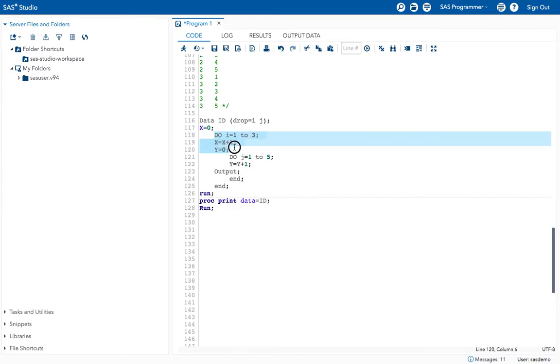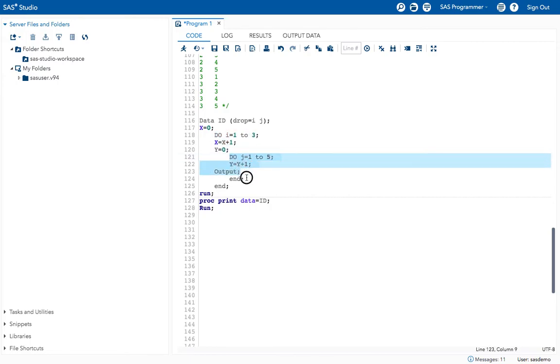The first index variable that I have taken is I, and I have mentioned x equal to x plus 1. In this do loop I have given another do loop, do j equal to 1 to 5. Here in the first main do loop I have taken another do loop. It runs the program until here and then it comes here and finishes all this do loop. Basically it runs from 1 to 3 iterations, right? If we give here I equal to 1 to 3, it runs for 3 times.